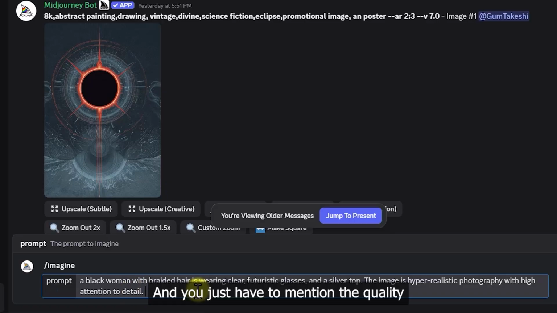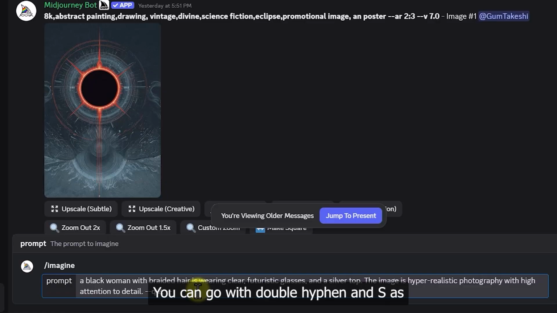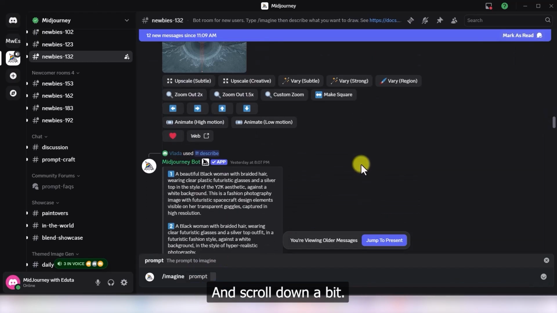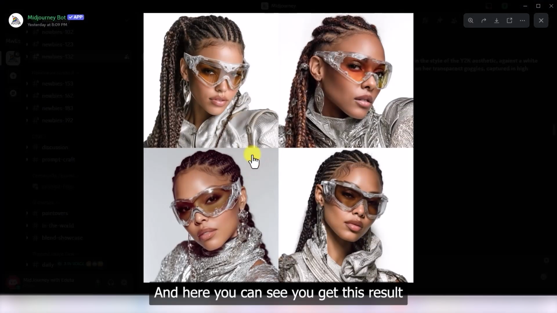And you just have to mention the quality. For that, we'll just write double hyphen Q and 2. And for example, the style as well, you can go with double hyphen S as 750, for example. And when you press enter and scroll down a bit, here you can see you get this result,